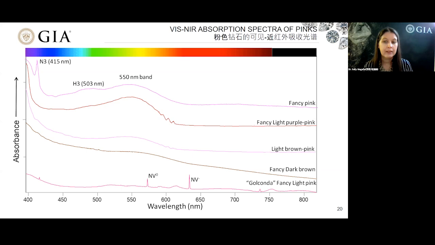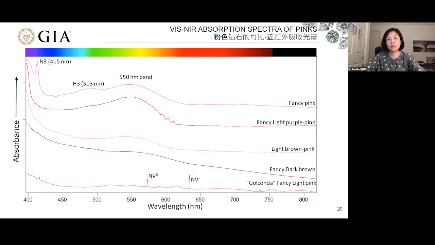In the brown diamonds, we also see a gradual increase towards the blue. 这里是不同成因的粉钻的谱线。最底下的谱线是格尔康达粉的，和其他4条比起来很有特点，2个尖尖的吸收峰是氮和空位的吸收峰。棕色的钻石，从右往左走，谱线越来越高，往蓝区吸收越来越强。